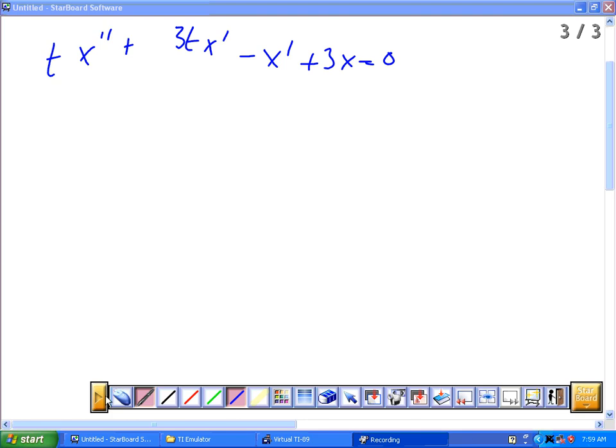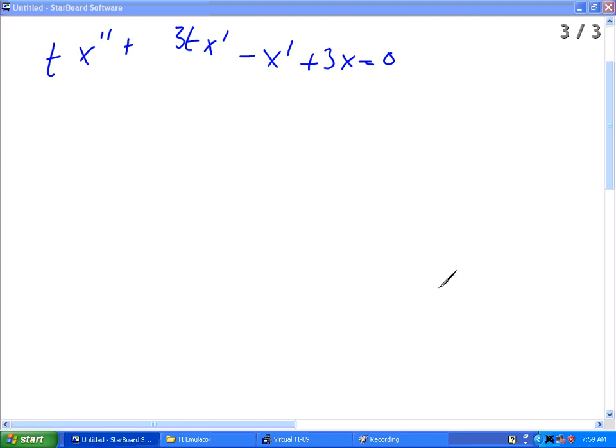Take about 5. Hard to follow a person's notes sometimes. So, when you have a t here, we realize that this makes this negative